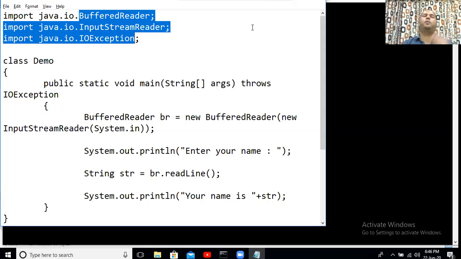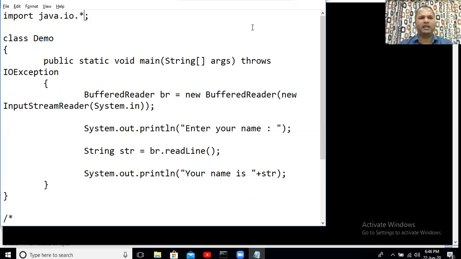So if that is the case, instead of writing three separate import statements there, we can simply write asterisk. Asterisk means all. So make all the classes of that package available, as I will be making use of any of the classes in my code here.